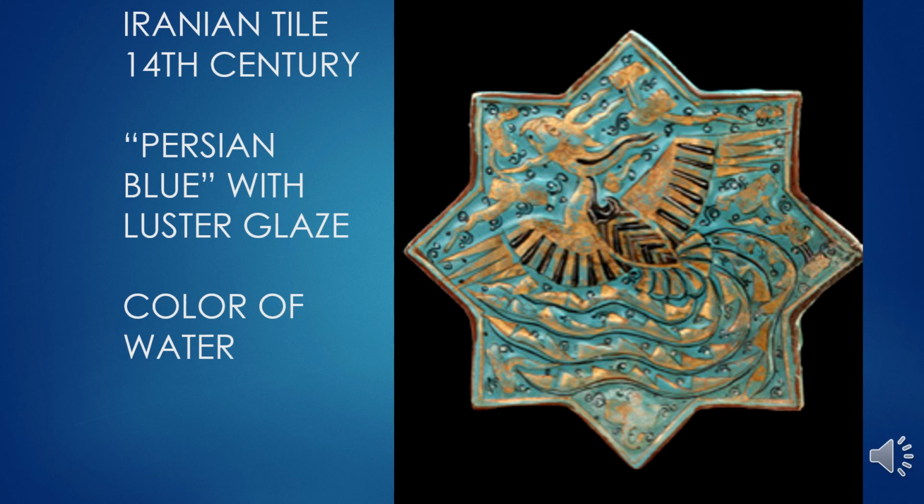This is an example of one of those interesting shapes I was talking about, and these would be interlocking with other tiles of geometric shapes as well. But this is also an example of luster glaze, and these luster glazes were developed in the 9th century. This includes these metallic oxides that produce an iridescent look. So it's basically an overglaze applied to the ceramics that's already been glazed and fired once,